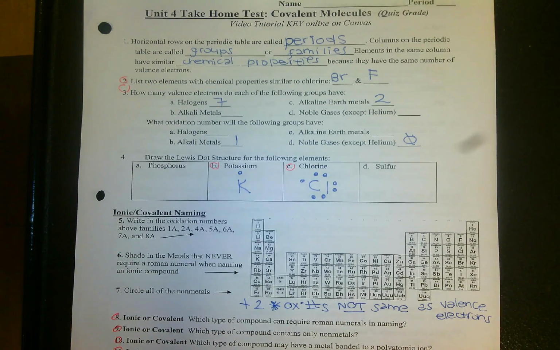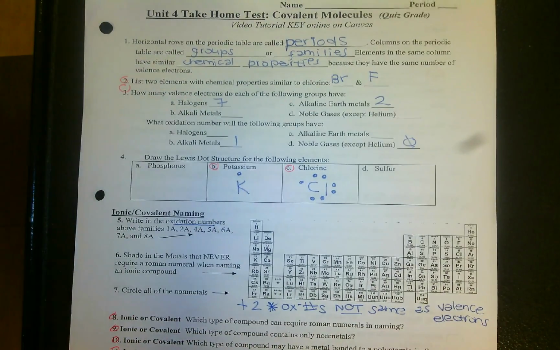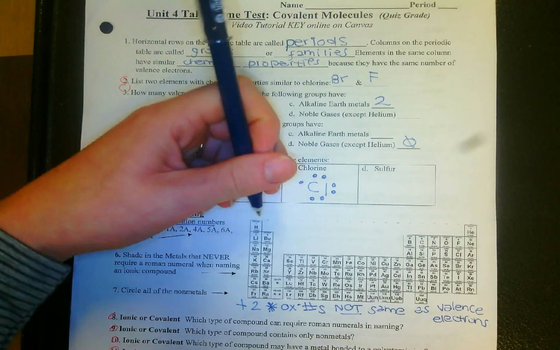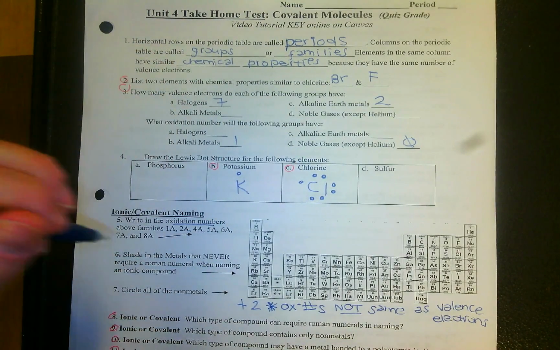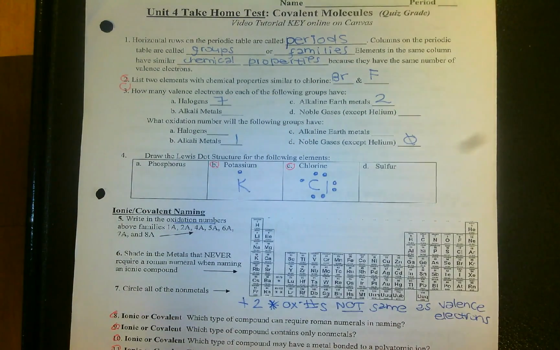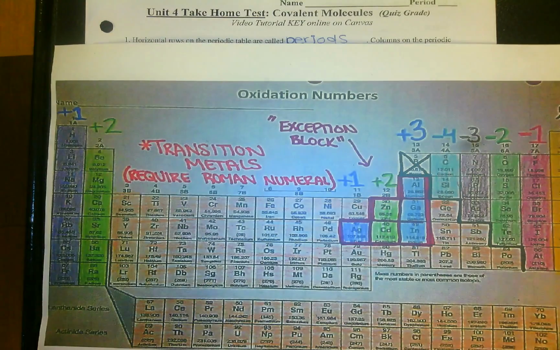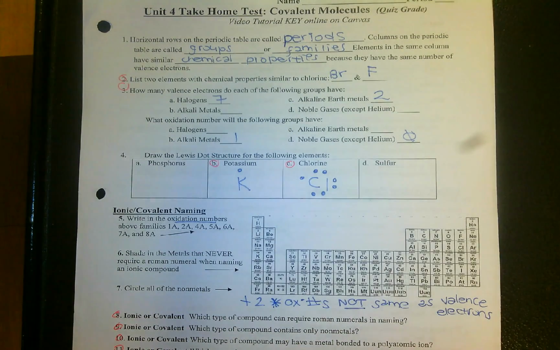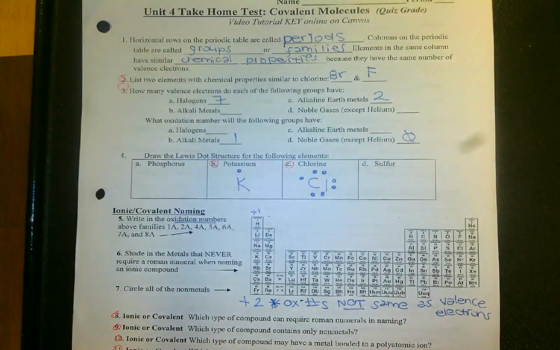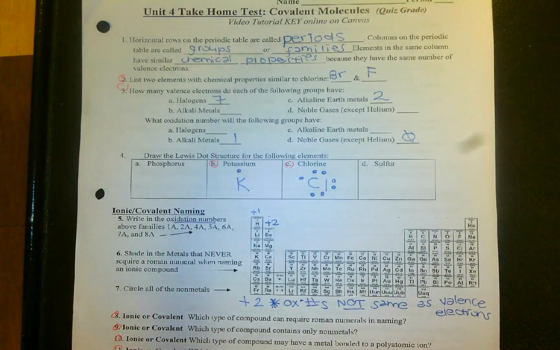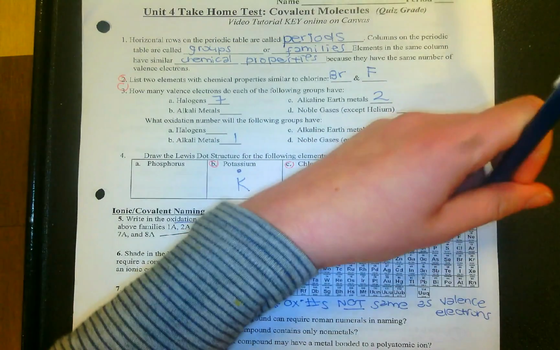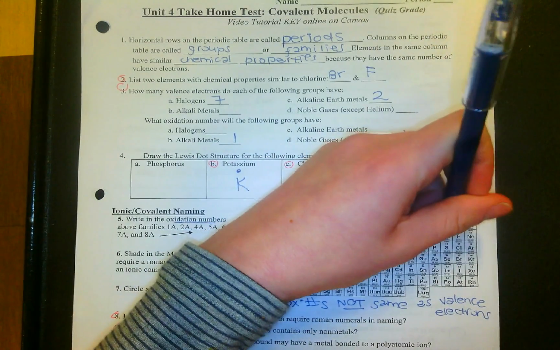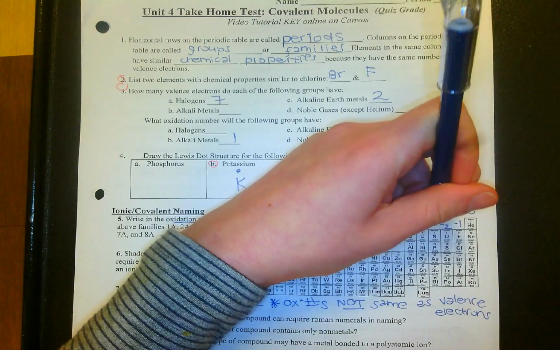So first we're going to write in our oxidation numbers. Okay, so our oxidation numbers are just the ones that you colored on this list. Y'all made this coloring from this sheet. And they are not the exact same thing as valence electrons. So that was our +1, +2, 0, and -1, -2, -3,